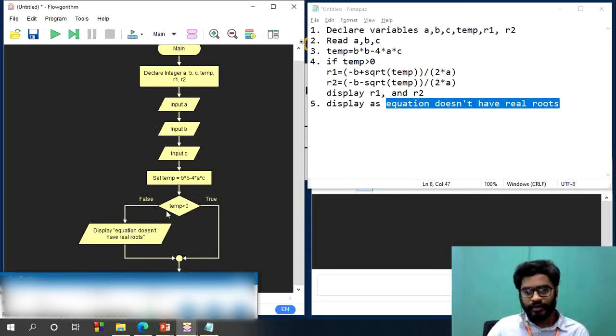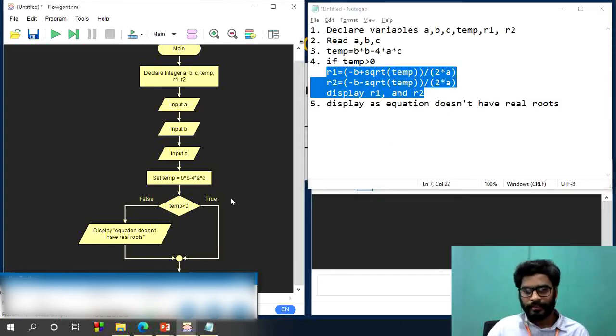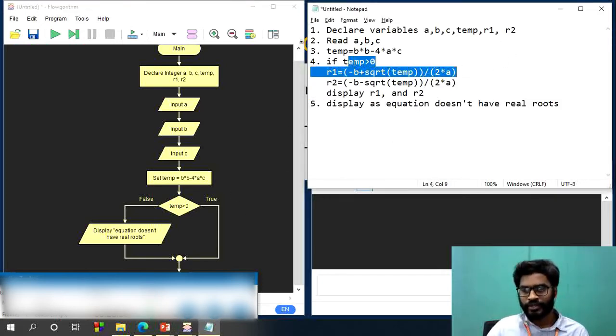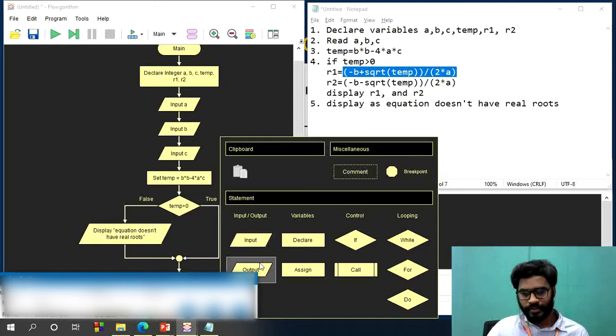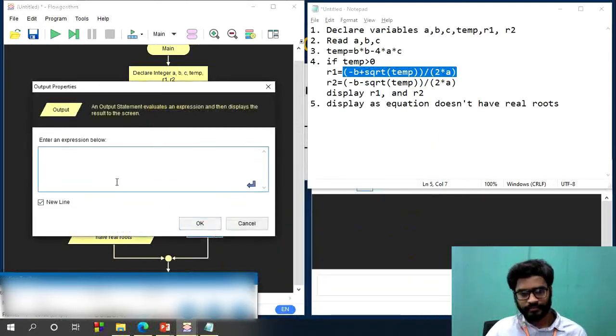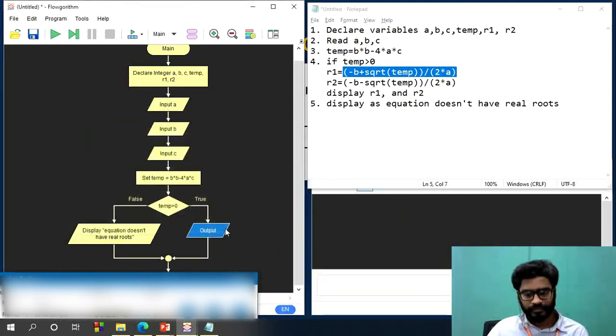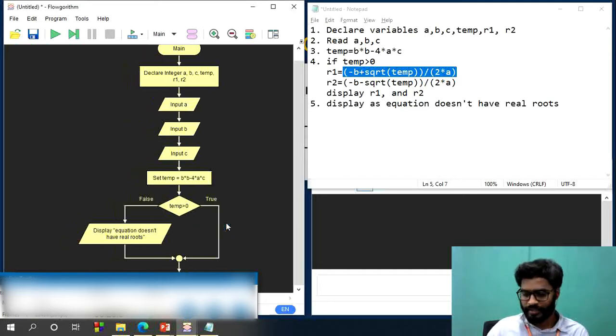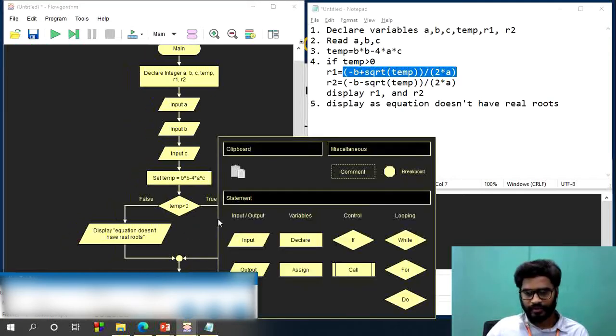If the condition is true, then you have to perform these three steps. The first step is calculate the first root and assign it to R1. So this is an assignment statement. Choose assign. So this is not an output statement. This is an assignment statement.